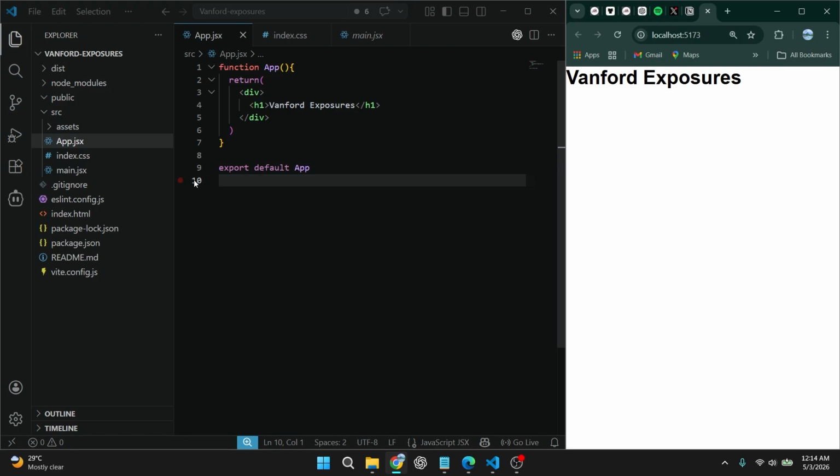And with lesson 2, we are going to focus on building the layout and navigation bar. So this is where we ended last time. We created our Vite app, we cleaned up everything, and we had "Vanford Exposures" here first. Today we are going to go straight in, and what I'm going to do is clean this up,